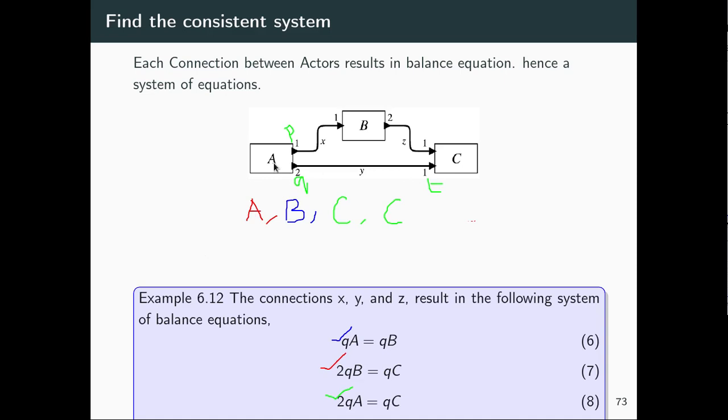So I fire A once, then I fire B once, and then C. So there's one more connection here between B and C. So we know that in order for B to produce two tokens, it has to get two tokens from A, right? But there is only one token that it receives from A, but for C to fire, it requires two tokens. Okay, so here we can have a situation where